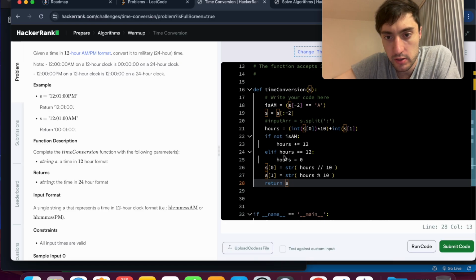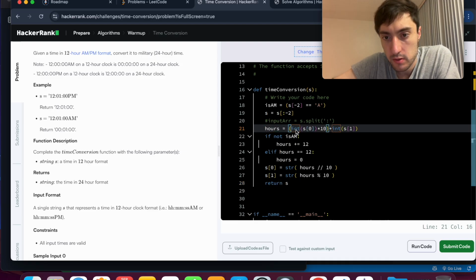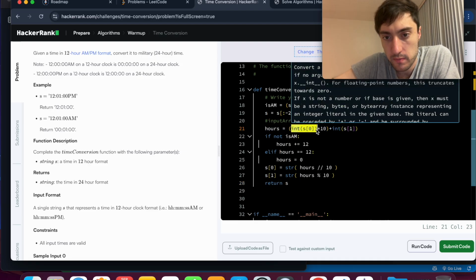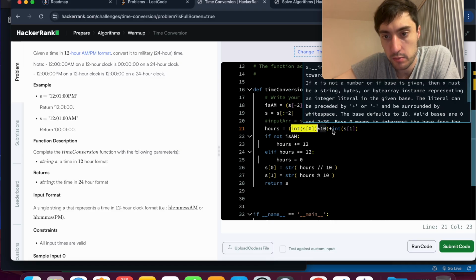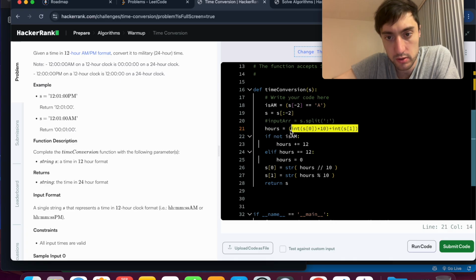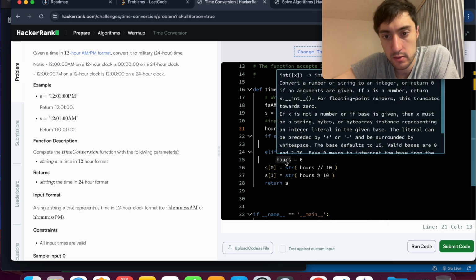Hours is an integer here, multiplied by 10, plus another integer, so this is going to be an integer. Okay. Then we're adding,